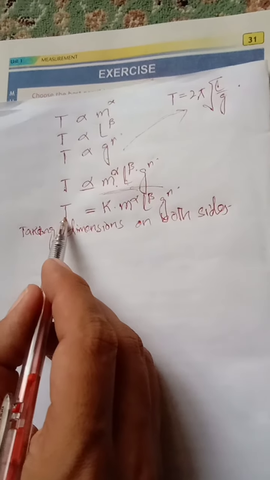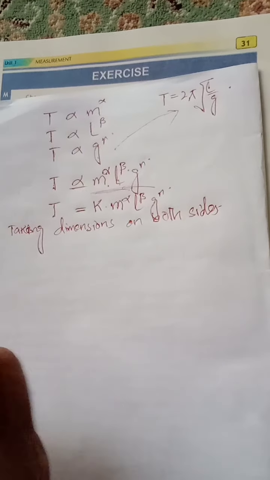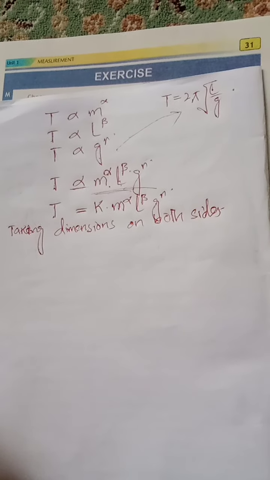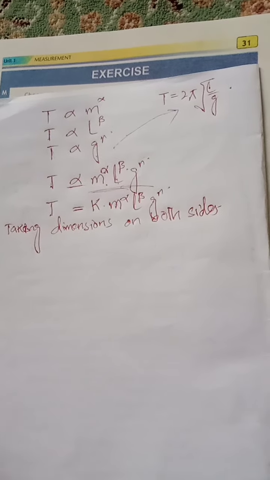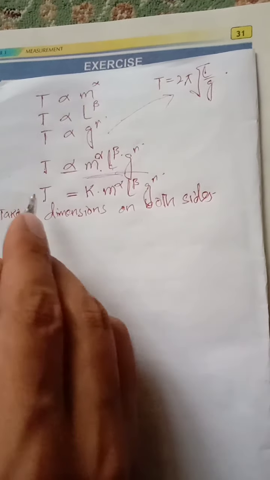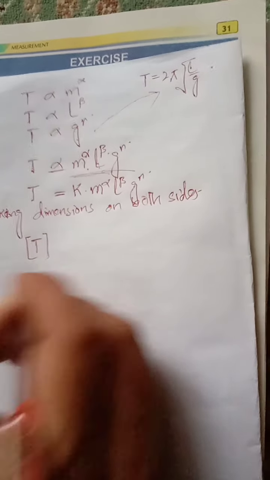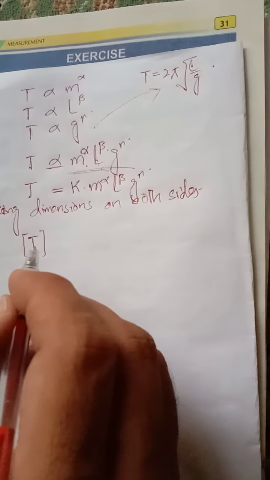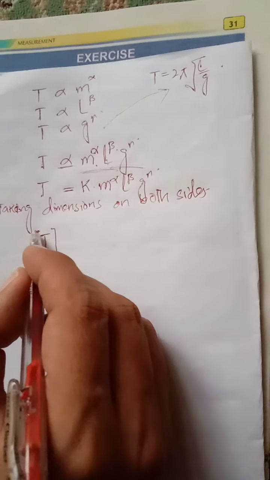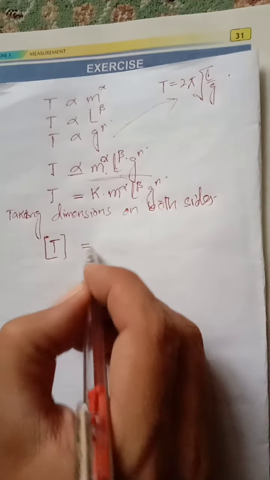Now this is T. T is basically time period. So time period is a kind of time. Time period is the time taken to complete one vibration. So it means that the dimension of this T will be capital T, because it is a kind of time. Whenever there is any time, its dimension will be denoted by capital T within square brackets, is equal to